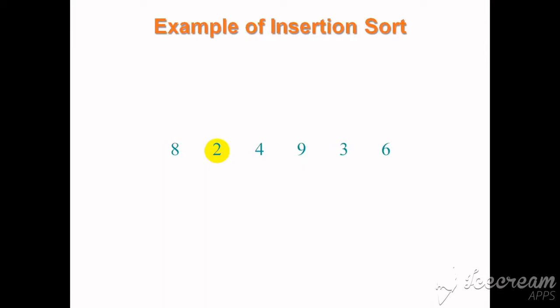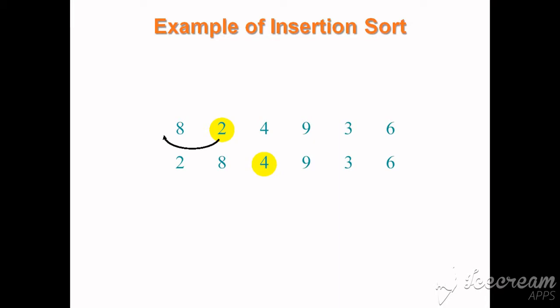If we start from the first position, index value 0, no elements are available for comparison on the left side. So by default the element at this position is already in place. The value at the second position will be compared with the element at index position 0. If it is smaller than this, the current value will swap, as in this case, otherwise no exchange of values takes place. So these values will be exchanged.